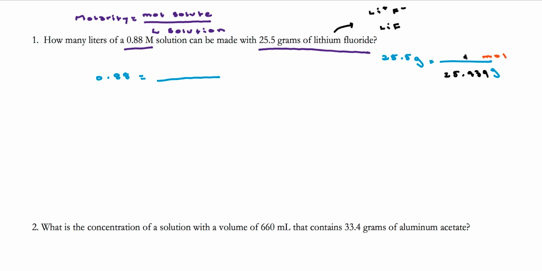So I'm going to take 25.5 and divide by the molar mass, and that will be my number of moles I plug in for the number of moles in my molarity formula. So 0.983. Okay, I'm going to keep this unrounded in my calculator though, and I'm solving for x. So keep in mind, when you've got a variable in the denominator, you need to cross multiply. So I have 0.88 times x. Now my x is out of my denominator, so it's going to be much easier to solve, and that equals